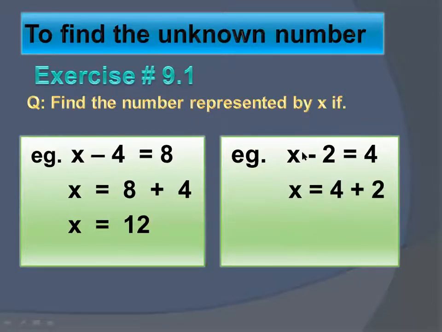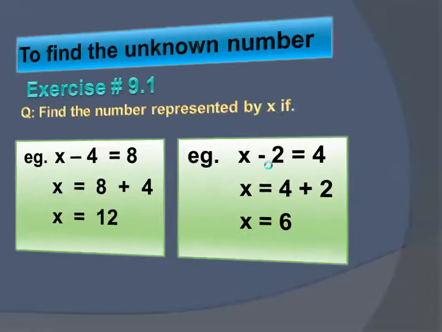So what it will be, x is equals to 4 will remain the same. Here you have minus 2, so at the end you will write plus 2. Do not write before 4. Okay, you have to shift the number at the end of the right side. So 4 plus 2, it will become 6. This is the answer. Okay.